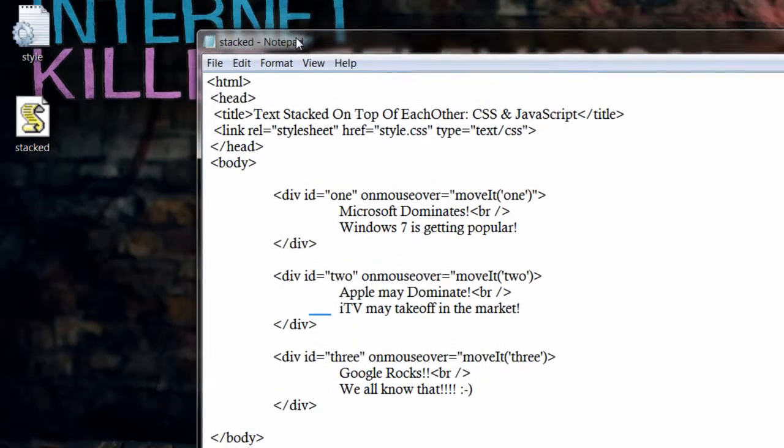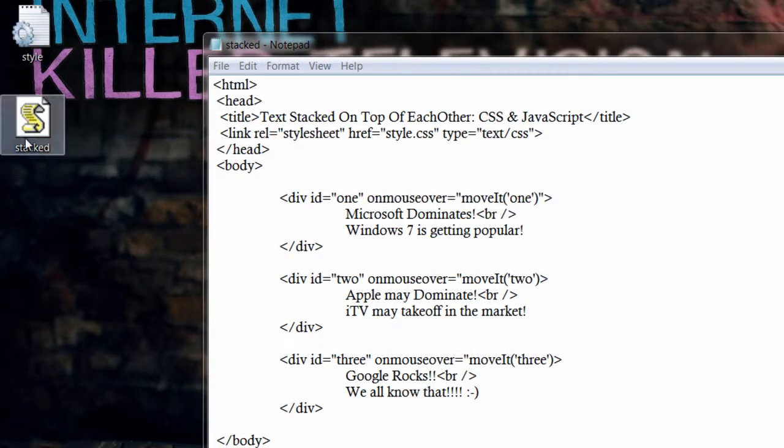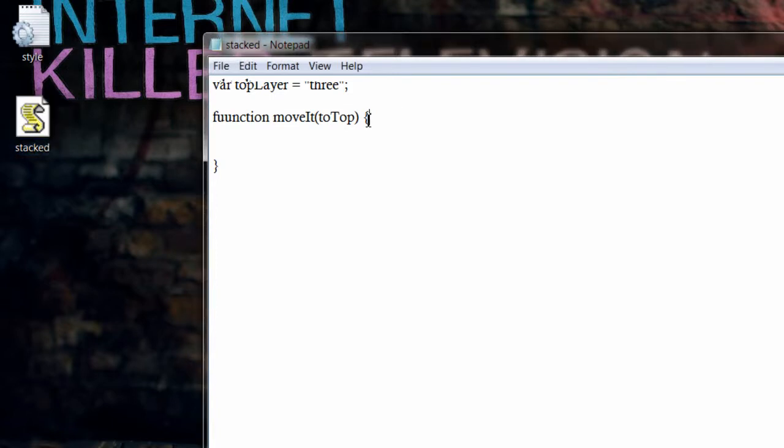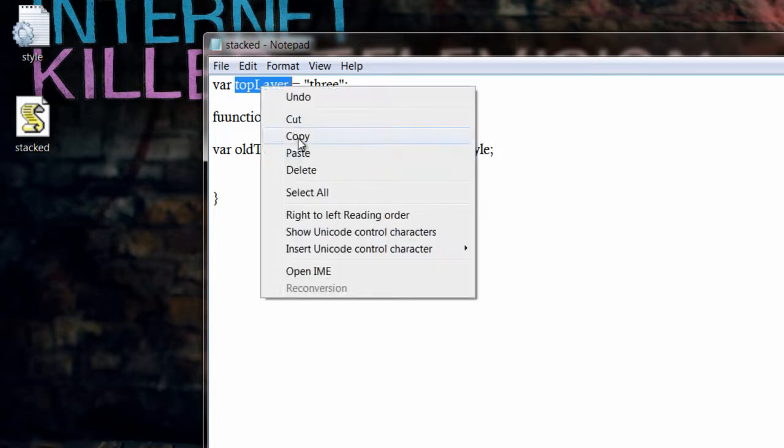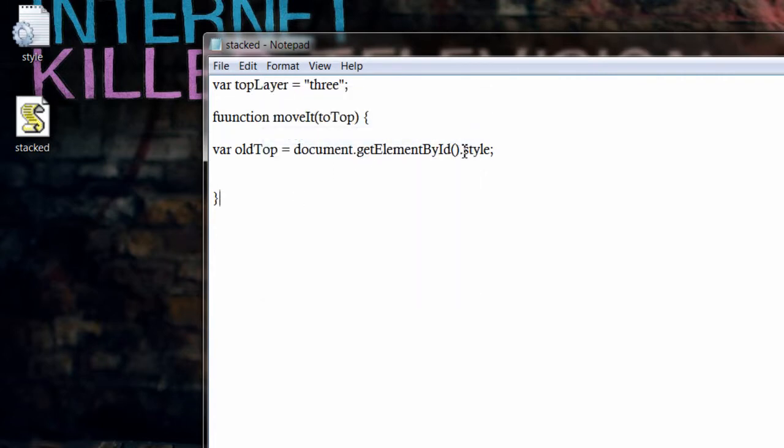Save the file. Now let's continue writing our JavaScript file. toTop, whatever is passed from the HTML file, the IDs which are passed will be stored in the toTop variable. Now let's take a variable called oldTop and assign it the style information of the topLayer variable.